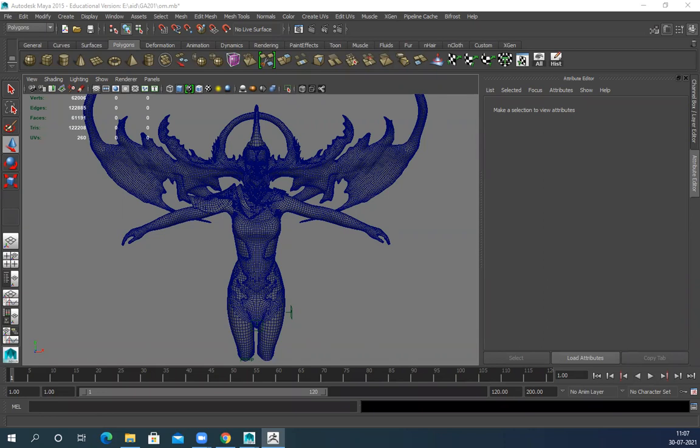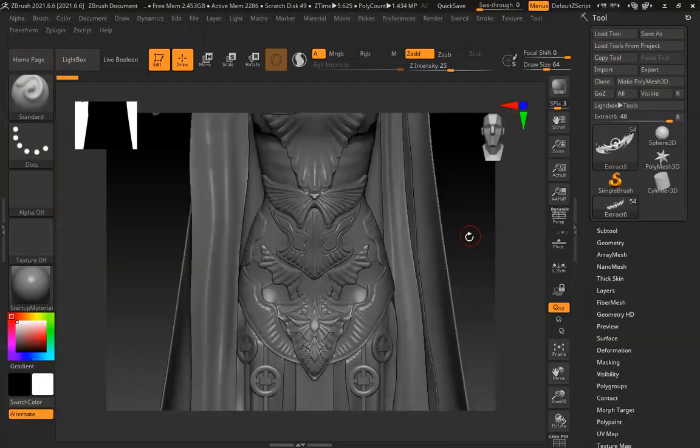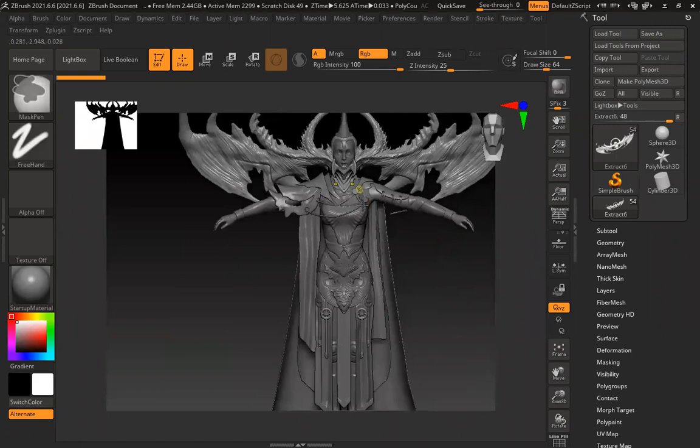ZBrush open. Sir, your screen visible, right? Yes sir, but a bit stuck. Anyway, I'm opening ZBrush. ZBrush was in another window. Okay, so let's